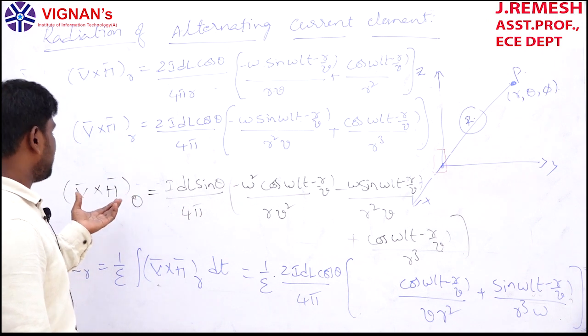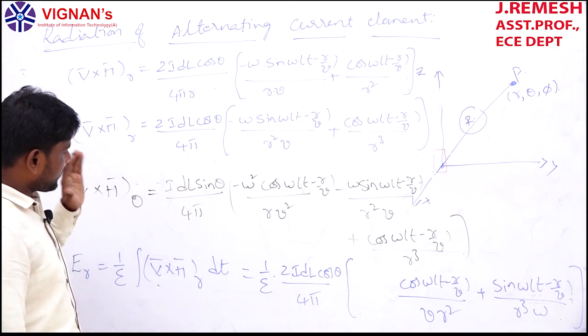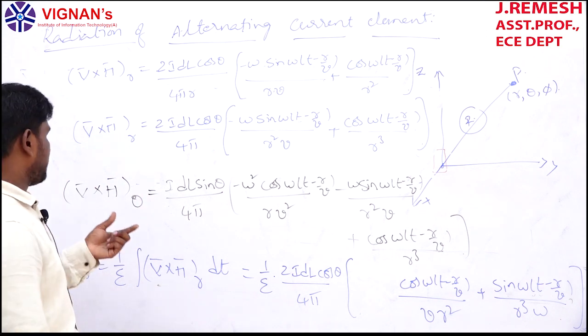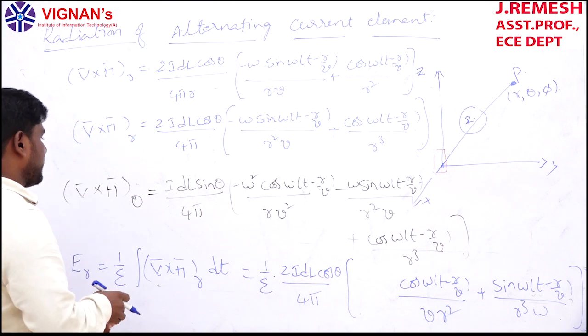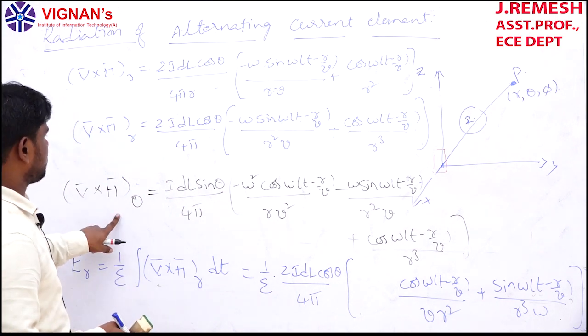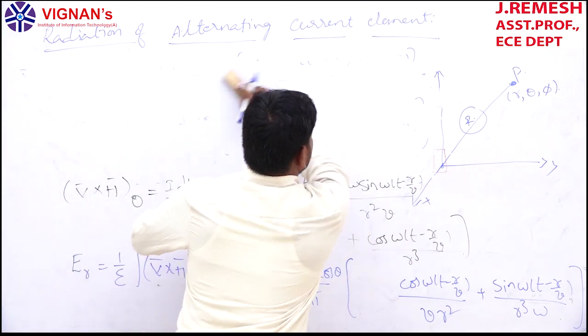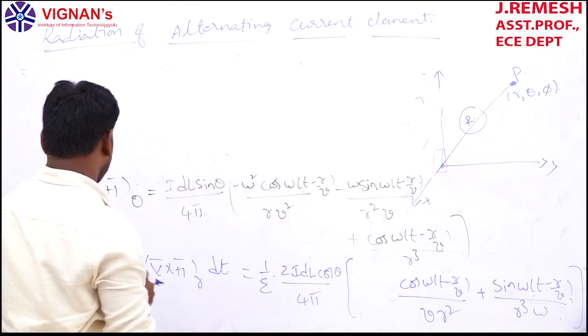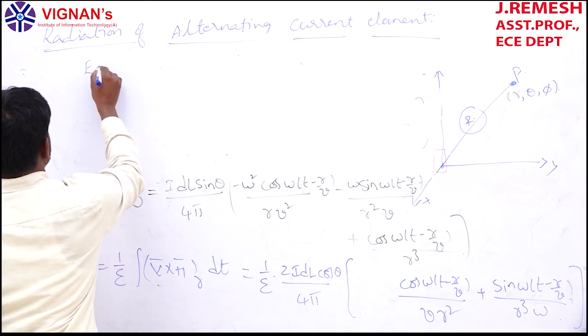Now again we have to derive E theta. Why? Because we already derived the theta component of the curl of H bar. So by using the same expression, the same formula, again you have to calculate E theta. So now how are we going to calculate E theta from this expression? I'm just going back here. How I can calculate ER is ready. So now how can I calculate E theta?